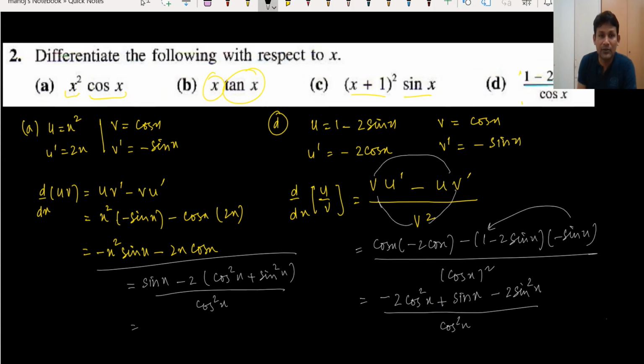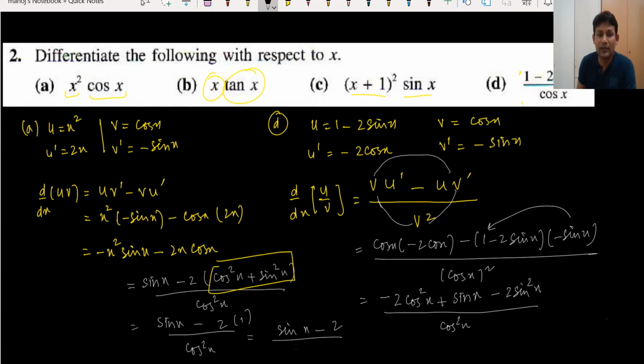This part is equal to 1, as we know the trigonometric identity. So we can write sin x minus 2 times 1, and then here is cos squared, and finally you can write sin x minus 2 divided by cos squared x, and we have done question number